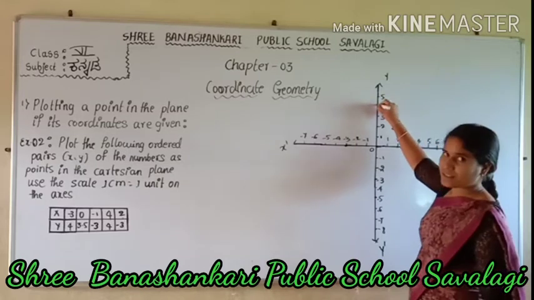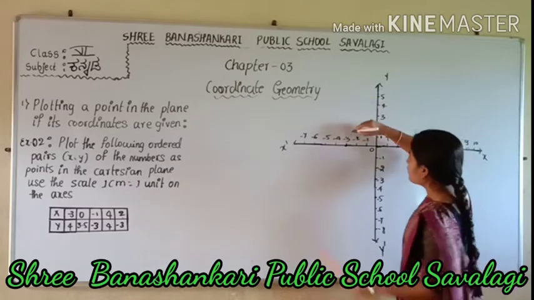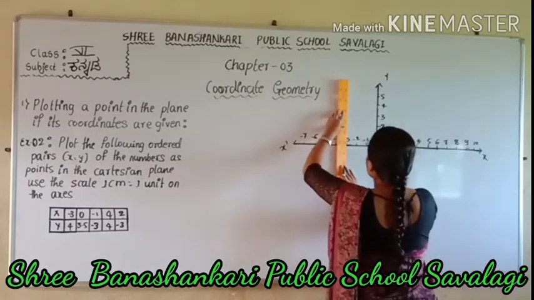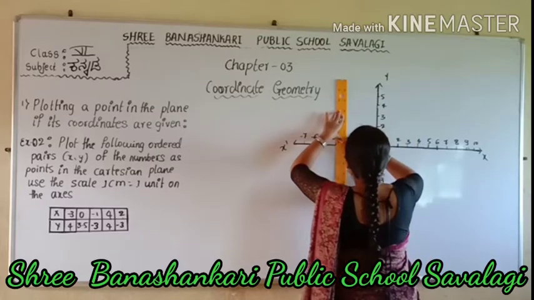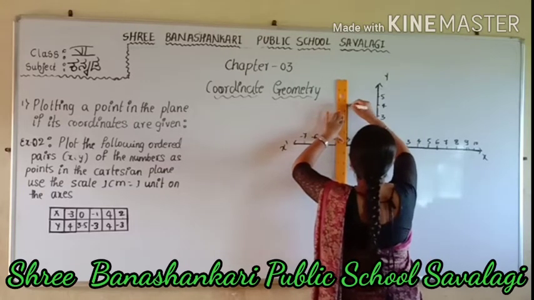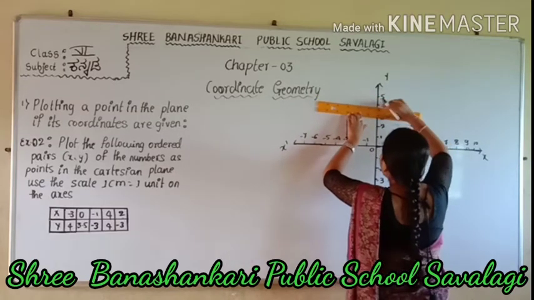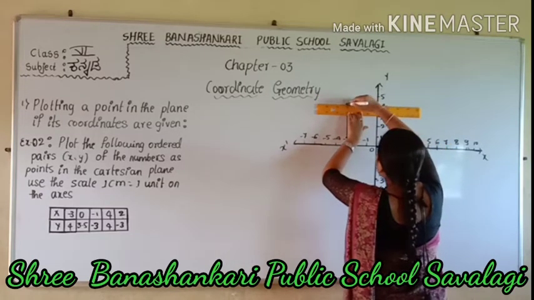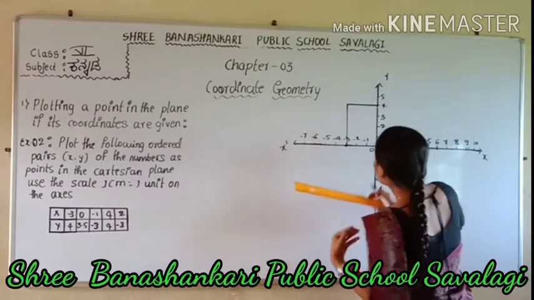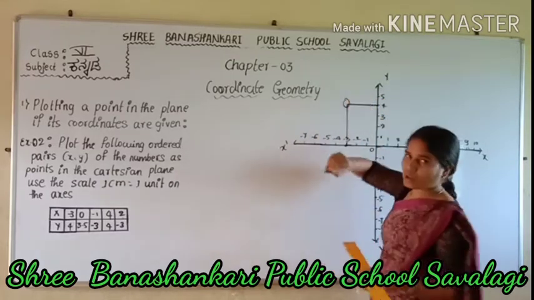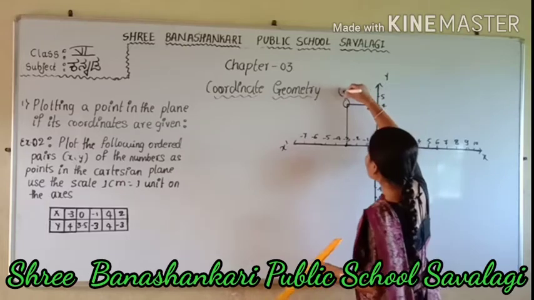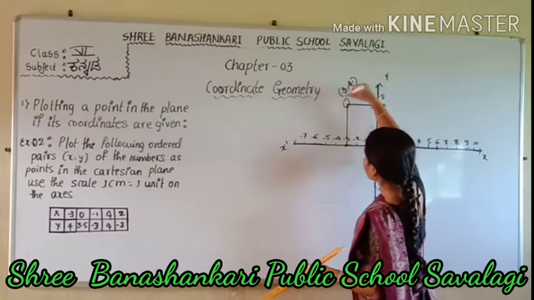The y coordinate is here, it is the 4, and now draw the perpendicular lines to each other. Now if we draw the perpendicular lines, we will have the point of the given coordinate. That is the location of the given coordinate, and the coordinates are minus 3 and 4.